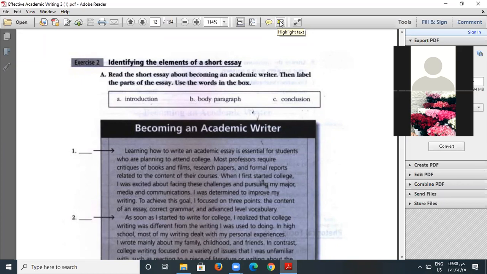When I first started, I was determined to improve my writing. To achieve this goal, I focused on three points: the content of an essay, correct grammar, and advanced level vocabulary. As soon as I started to write,